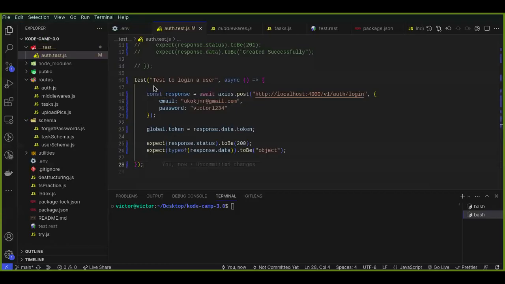And you should be seeing my VS Code screen right about now. Okay, so